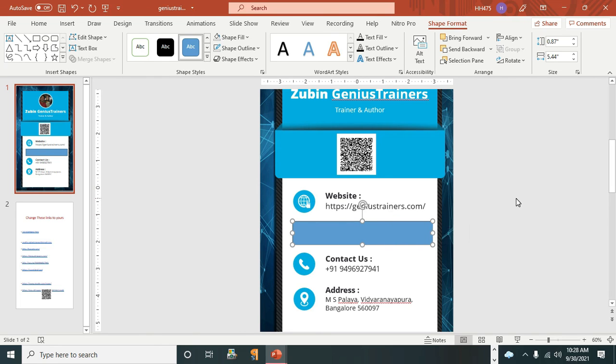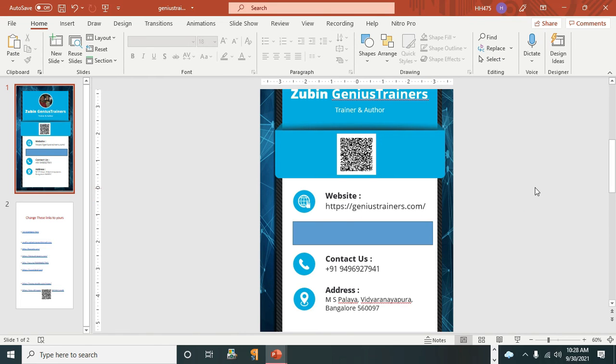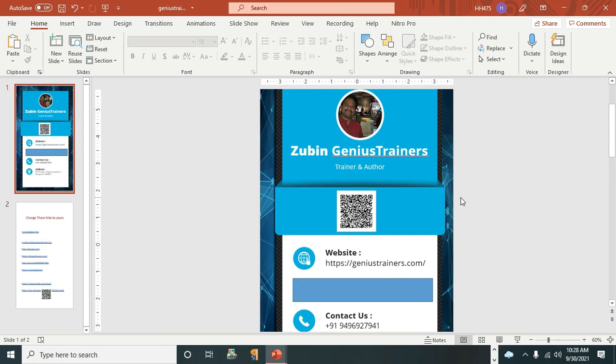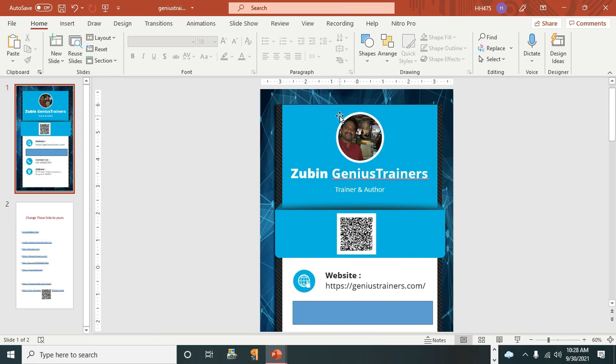It will be clickable when you convert to PDF. Similar way you repeat on the other shapes. Once everything is done, save it, then convert it into PDF. This way you will be able to add hyperlinks to your PDF card. This method you can use to add hyperlink anywhere you like. If you want to add a hyperlink over your photo, the same method you can follow.